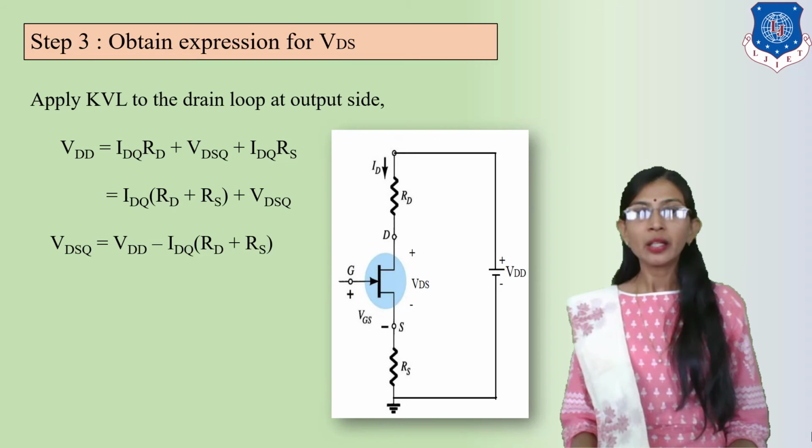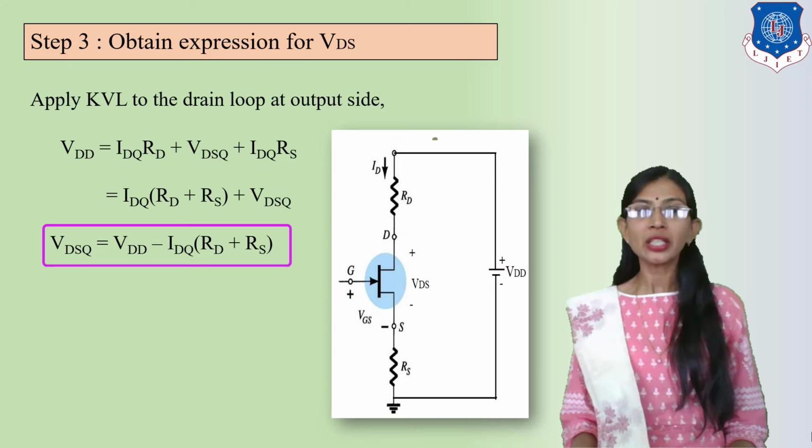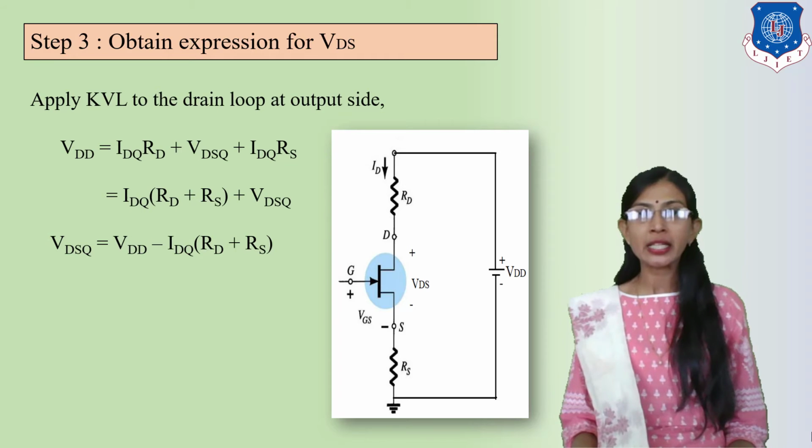And now let's take the common current, that is ID is same. So take common out of the bracket. So we'll have IDQ in the bracket RD plus RS plus VDSQ. And the final equation will be of output voltage. And what is the output voltage? It is measured across the drain and source terminal. So make the subject VDS. So we will have VDS is equal to VDD minus ID in the bracket RD plus RS. So this is the final expression of VDS, and that is our task of biasing circuit analysis.